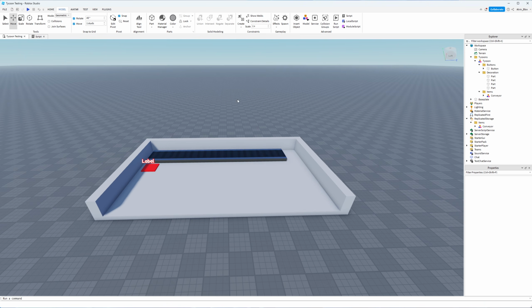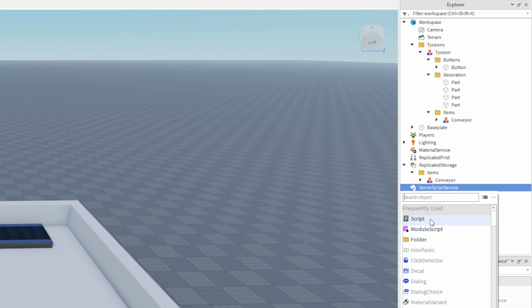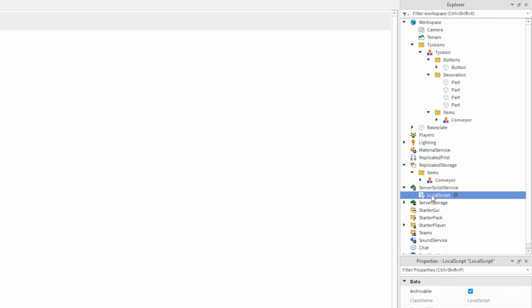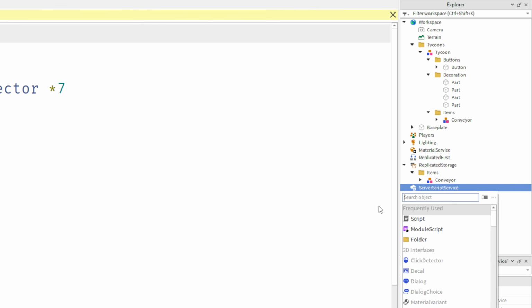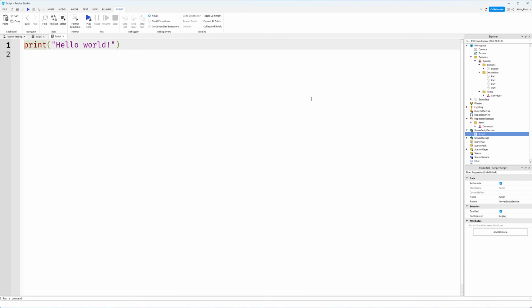So everything is now all set up, and all that we can now do is write some code. So what we'll do is, back in the Explorer here, let's click on the plus next to the server script service. This is where all of our code is going to be stored. So click on that plus and just search for a script. And make sure, whoops, I've inserted the wrong script. Make sure that you insert a normal script, okay, a grey script. Now, inside of this script, we're going to write quite a few lines of code.